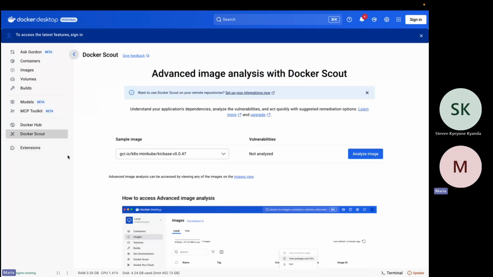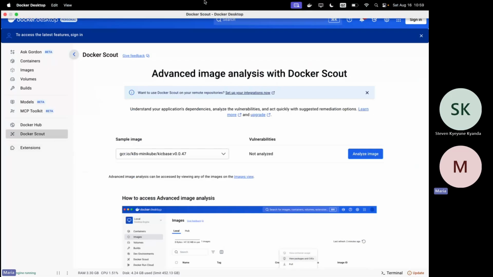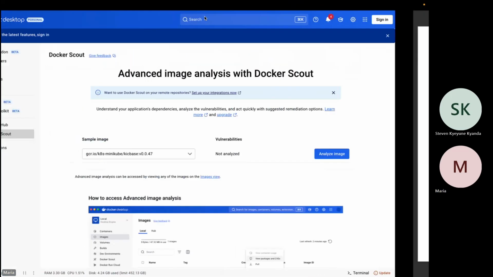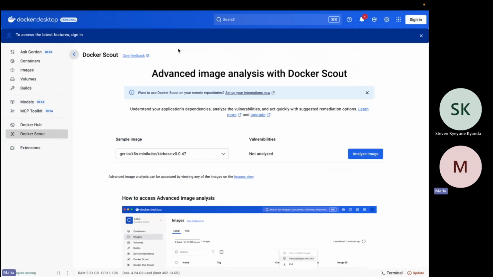So any question regarding this so far? Yes, please. How much space do we need? How much space do you need to run? Okay. Specifically, I don't know, depending on your laptop, which OS do you have? So you can find that in the documentation, how much exactly that you need. Okay.